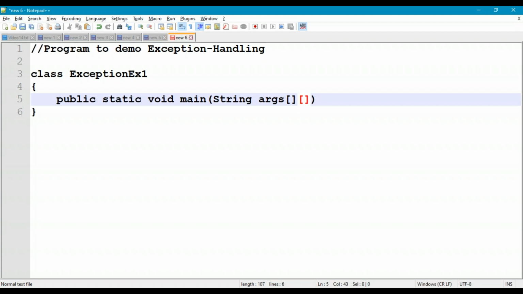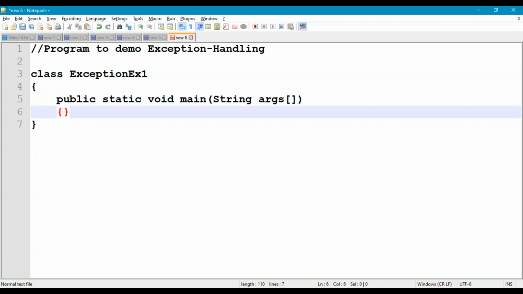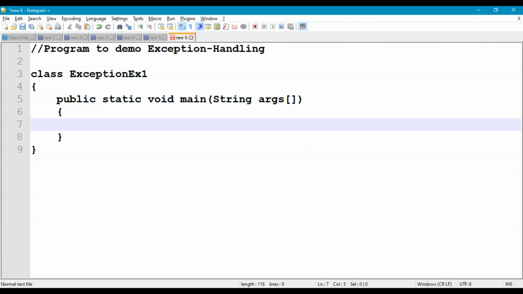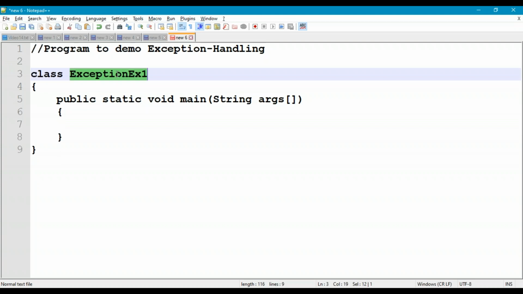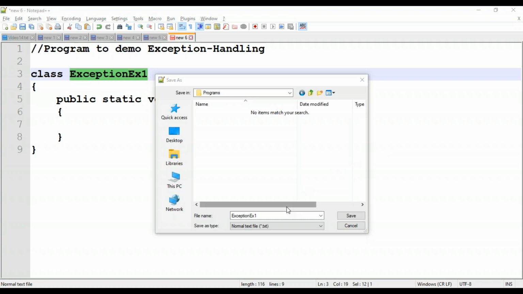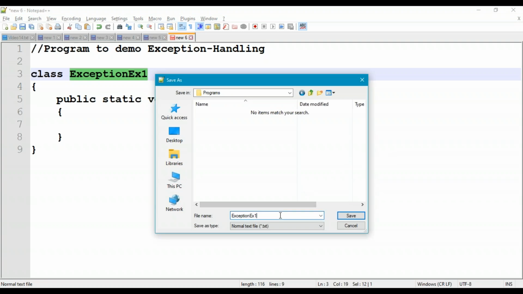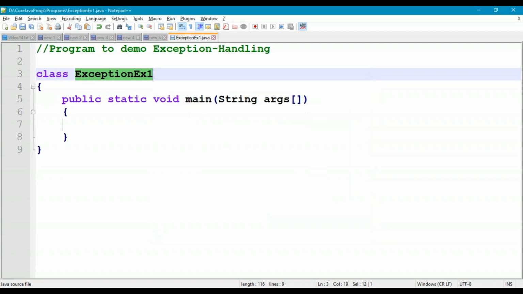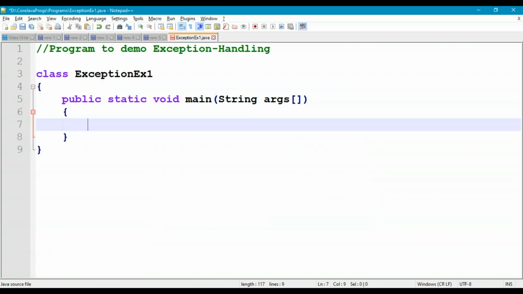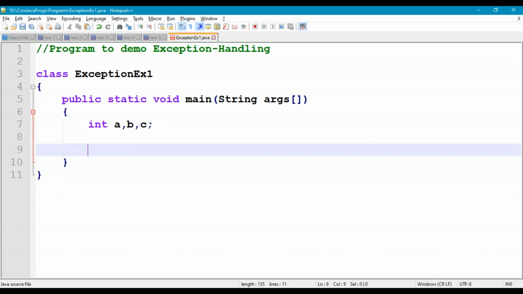Program execution starts with the main method, right? So let us save this program immediately in our working directory as ExceptionExample1.java. Here I'll take the same example: int a, b, c. Let us first start with case 1.